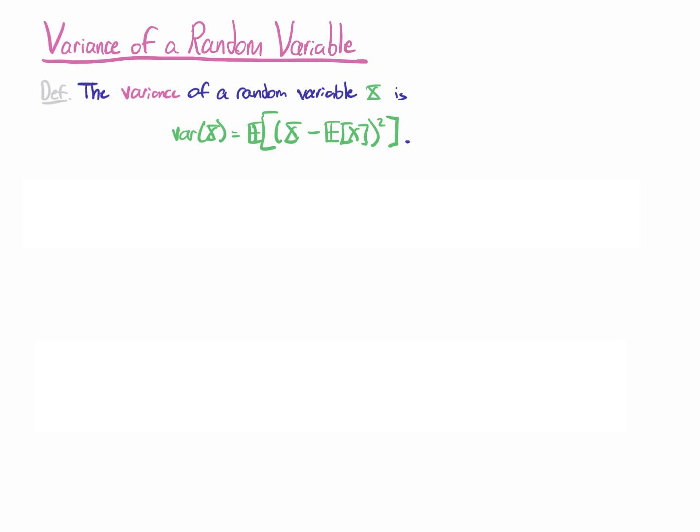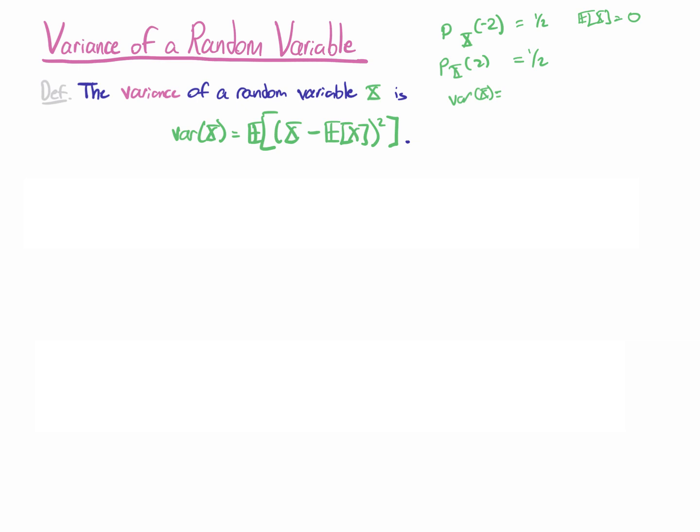So here's a quick example, just off to the side here. Let's say that X is a random variable with value equal to -2 50% of the time. I'm just using this PMF formula here. So the probability that X is equal to -2 is 1/2, and the probability that X is equal to 2 is also 1/2. We can check here that the expectation of X is equal to 0, and then the variance of X